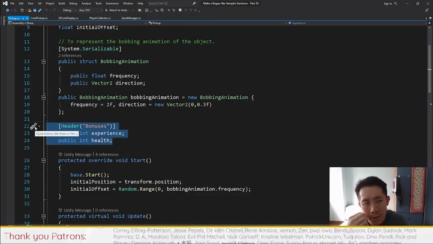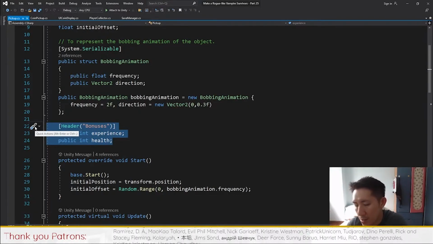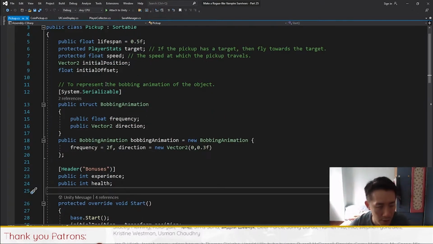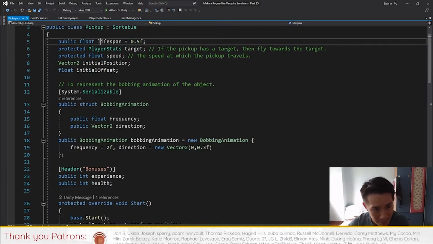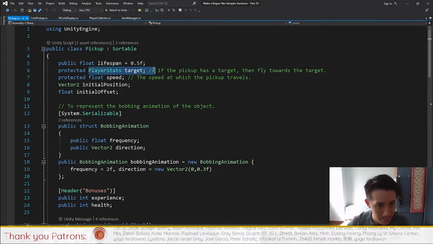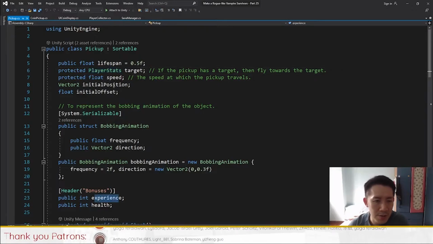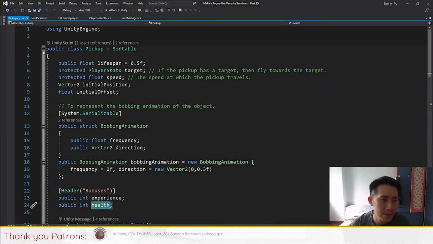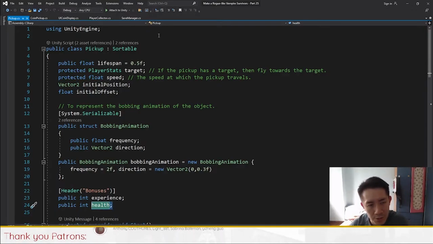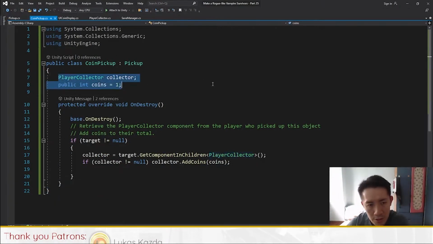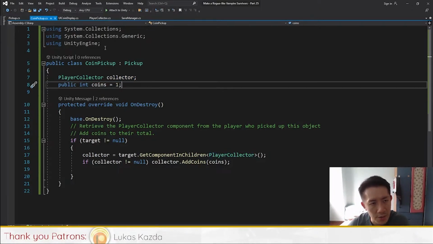So you might be wondering why we are not expanding upon the pickup class. Why don't we just add the number of coins as a variable right here, and then just use that to give number of coins to the player? And the reason for that is because the pickup class interacts with the player stats object. So player stats handles the experience and the health. So when we pick up something, the experience goes to player stats. Health also goes to player stats. So if we were to combine both the scripts together, then we will also have to have a collector variable right here. And because coins are unique to only coins are collected by the player collector,